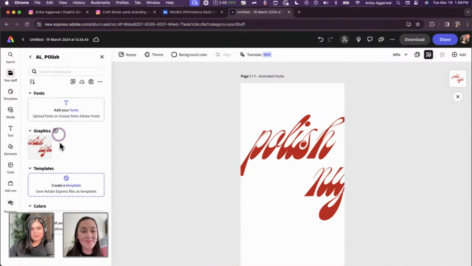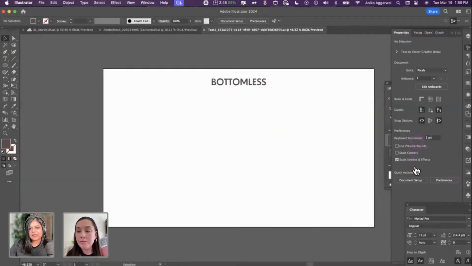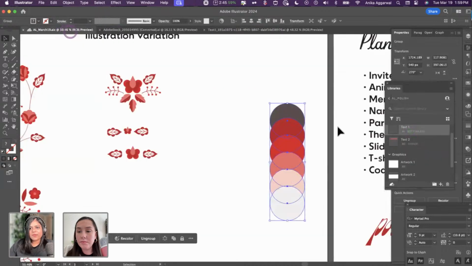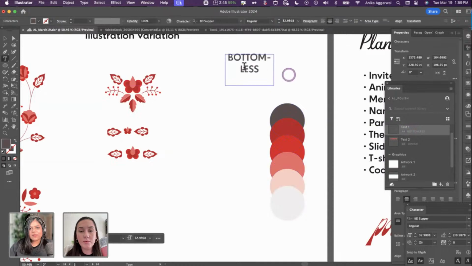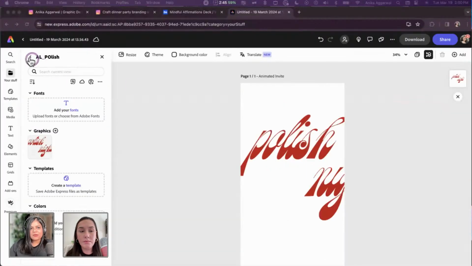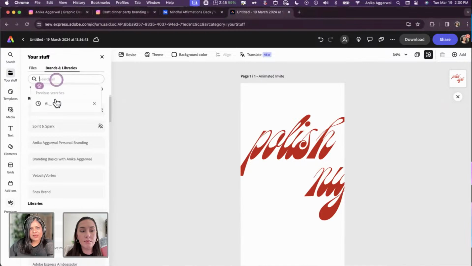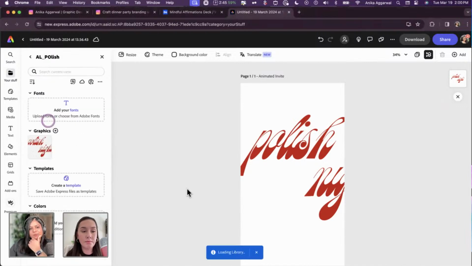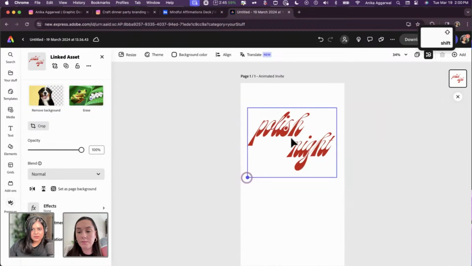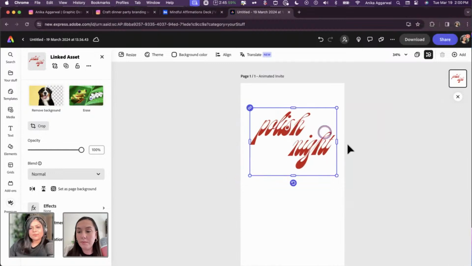Oh, I think it's taking a while to open up the text asset, but as soon as you do that, you see all these text assets here. But you can see, oh, sorry, let me go back to my original file here. You can see that if I bring this asset back out, it is the different color that I made. So in the library, it has actually changed the color. If I use this again in here, I might have to refresh it just because it was already open there. But since it was already added there, it did change the color. So that would have been the case if I had already added that on my page. I hope that makes sense. Yeah, that makes sense.